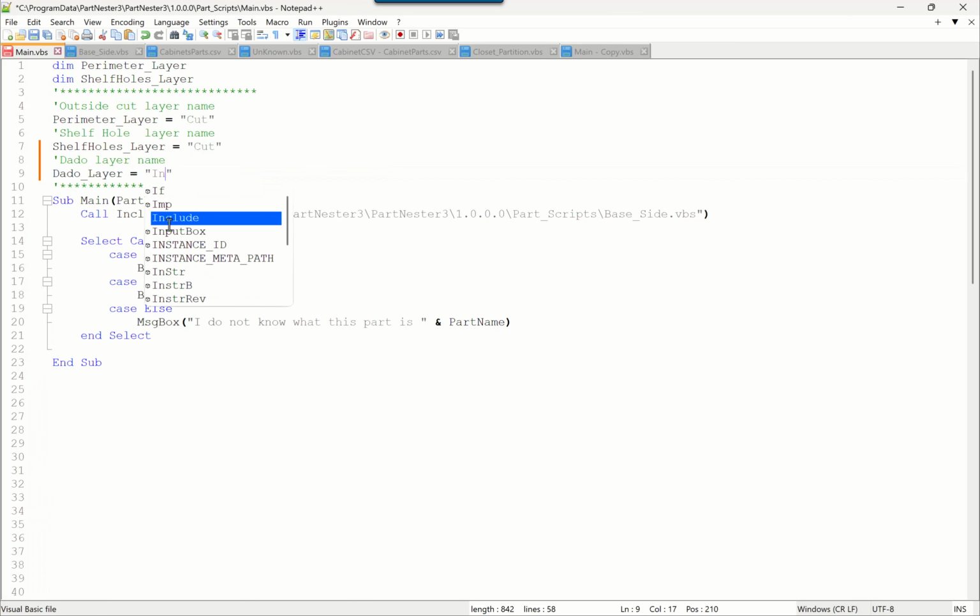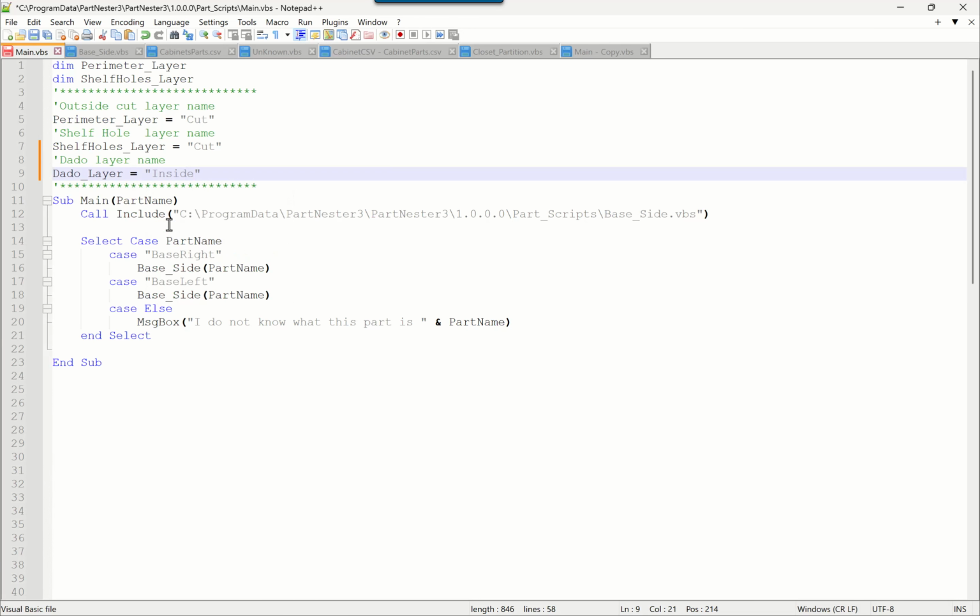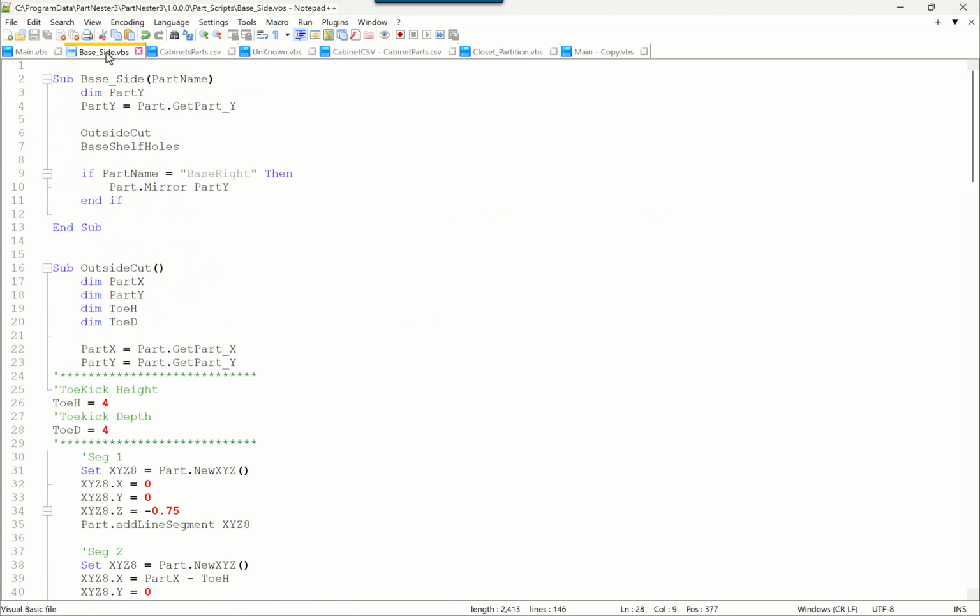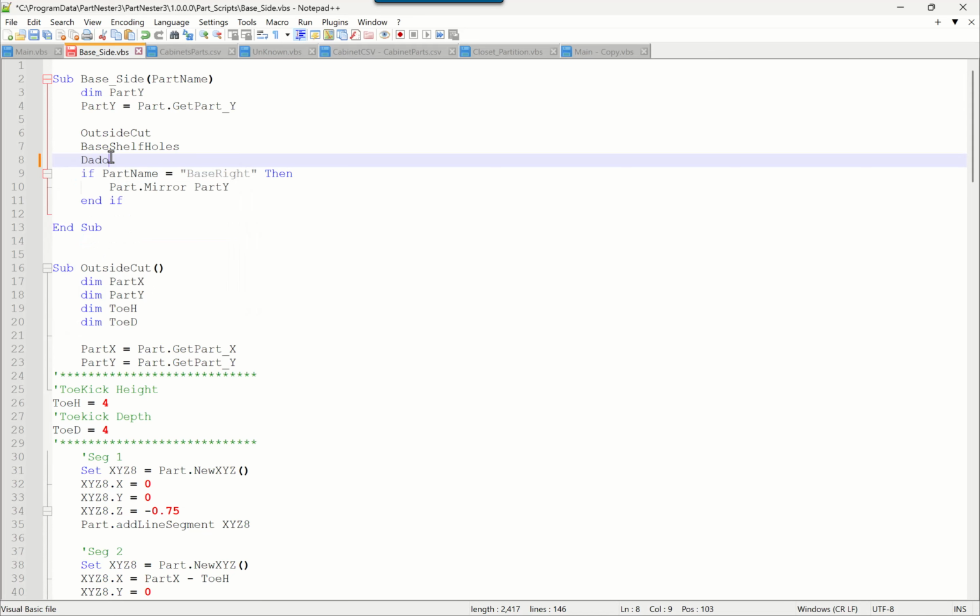We're going to name this inside for a default value, meaning that when we see it in the list, it is going to be representing that we need to set our toolpath operation to the inside. So coming over to the table base sides, going to call in a dado bottom,